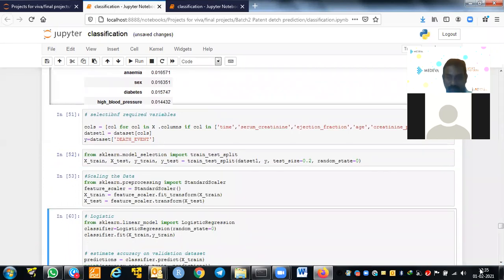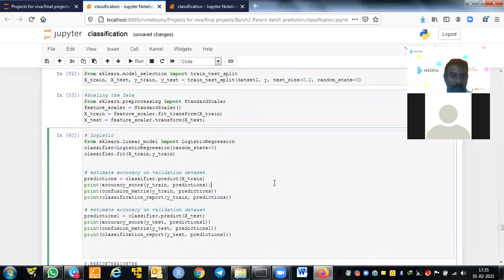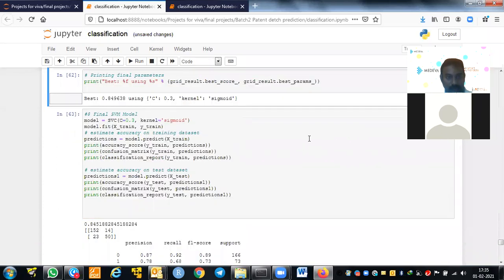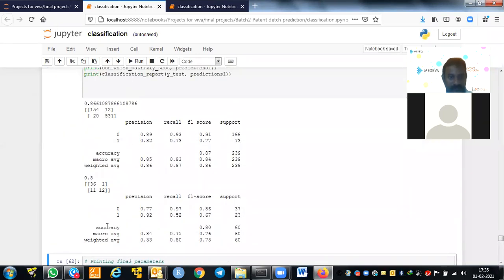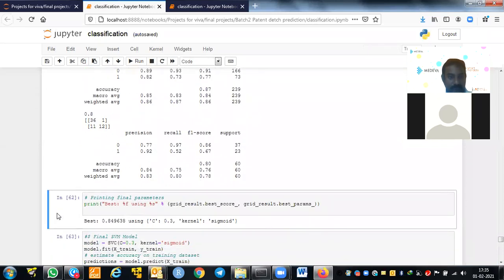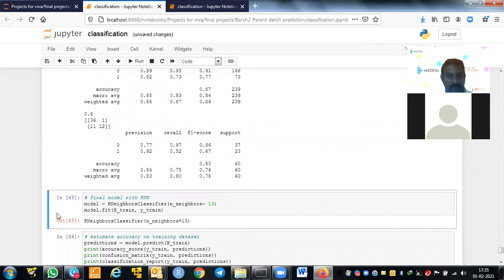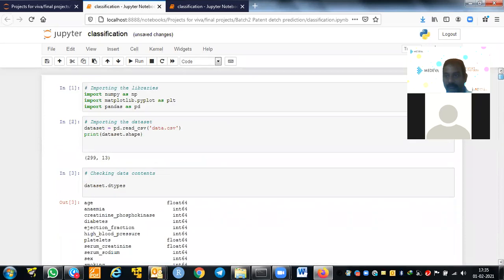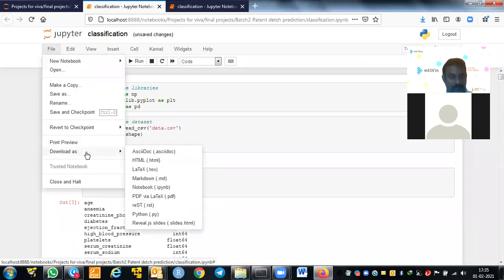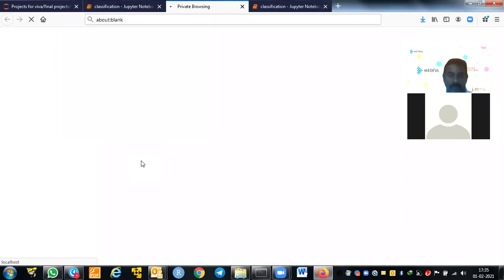After building the logistic regression, we got train accuracy of 86%, test accuracy of 80%. There is not much difference between training and testing, so we can use this model. Clear? So what I will do right now is send this as an HTML file. You can use this HTML file, and I will also give you another last year's students' thesis where they have written for diabetes classification. Instead of diabetes, you place death and use this.